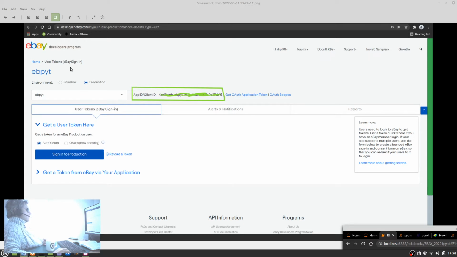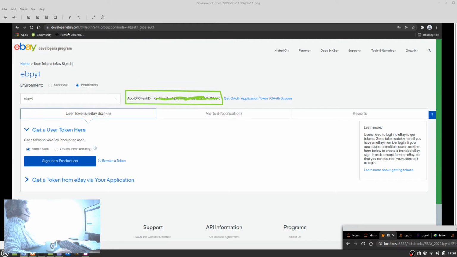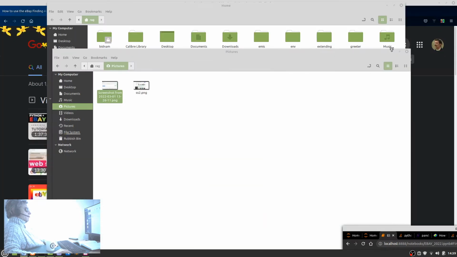So yeah, this is just a screenshot, and yeah, developer.ebay.com. Follow the steps. You'll want a production token or application ID. Once you've got it, it will be where this green text is, and then just drag the mouse over it, copy and paste that into a notepad or a text file,